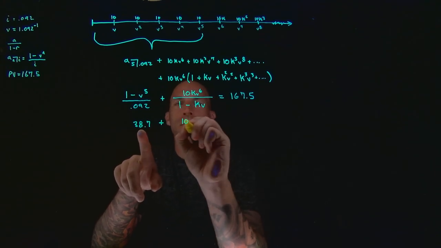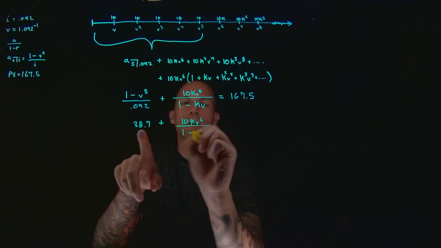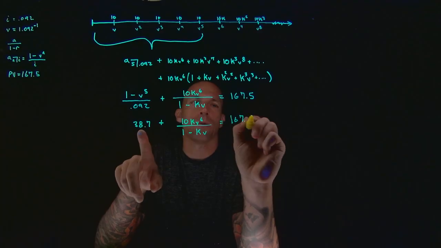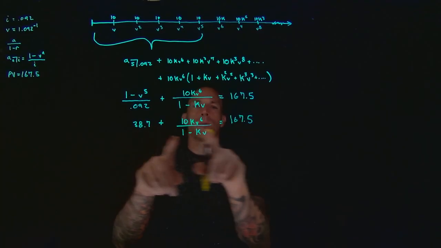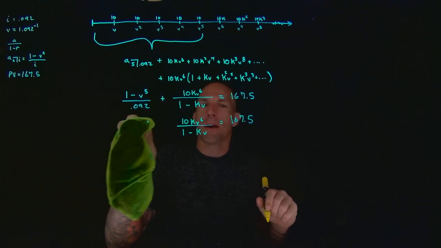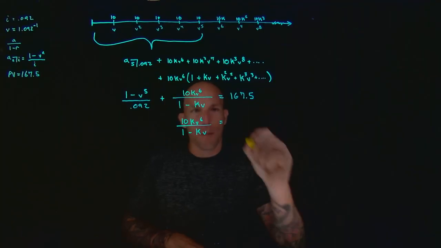So I'm actually going to leave that somewhat alone for the moment. Equals 167.5. But we're going to subtract, right? We can just subtract this 38.7 from both sides. So let's go ahead and do that. And instead of 167.5, we are going to end up with